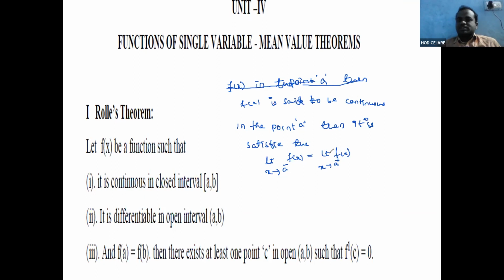ఇదంతా మీరు చెప్పలేము సార్ అనుకుంటే మీకు సింపుల్ గా చెప్పాను కదా. If any function is defined in some interval, we cannot break at any place, at any point. ఏ పాయింట్ దగ్గరైనా కూడా మనకి బ్రేక్ కాకుండా వెళ్ళాలి కర్వ్ అనేది. సో అలాంటి కర్వ్స్ ని మనము కంటిన్యూస్ కర్వ్స్ అంటాము, లేదంటే కంటిన్యూస్ ఫంక్షన్స్ అని చెప్తాము. ఓకే,